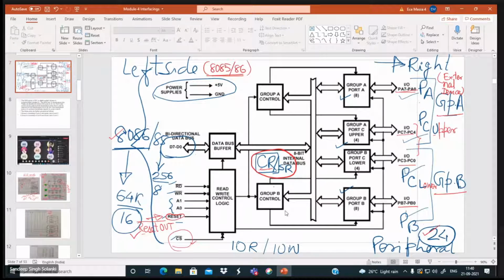From this interfacing chip, some motors and some valves may be connected, because some chemical processes are also controlled by this. And imagine if it goes into output, what is going to happen?